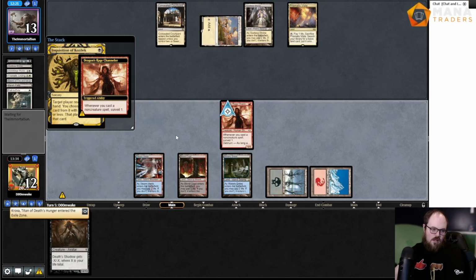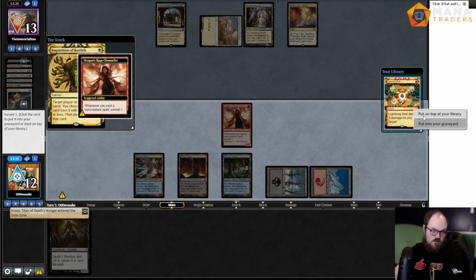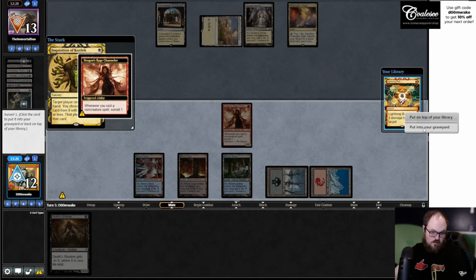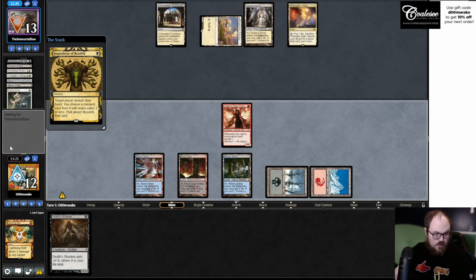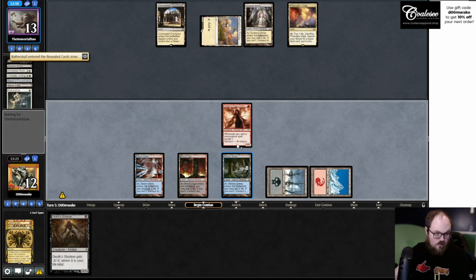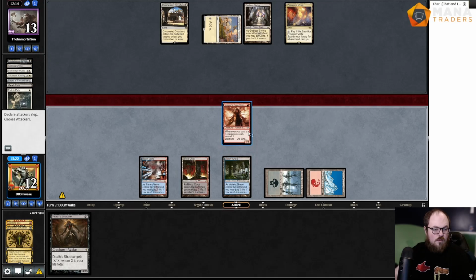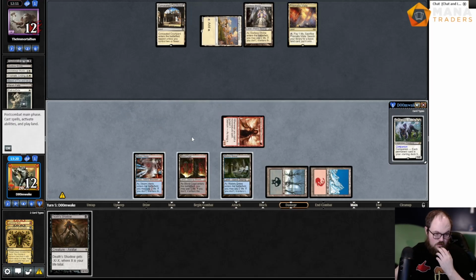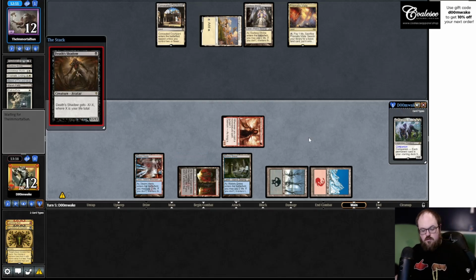Alright, add path. So their last card's Batterskull. I mean, Bolt doesn't really do anything against that. So I don't think I want to draw that. Do I Luris or do I Shadow? I think Shadow is better if I draw Dress Down. And I have nothing to do with the Luris anyways, so...